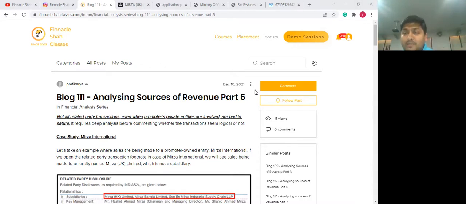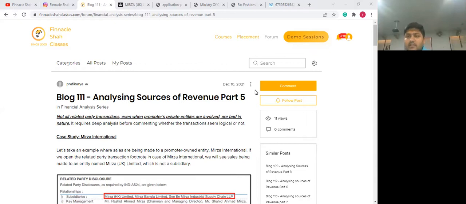And not all related party transactions would be with these entities, because there could be certain transactions done by the parent company with another private company where the management of the parent company may have deemed interests. This disclosure is, by the way, mandated by accounting standards to ensure that investors in a company are well aware of what kind of conflict of interest situation might be there, and can analyze those situations so that you can take a well-informed decision whether you want to invest in that company or not.